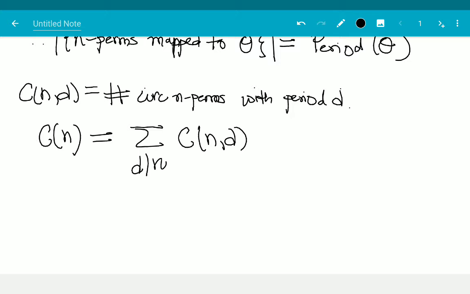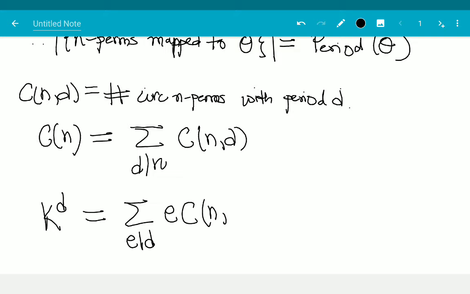Then there are E normal permutations that are getting mapped to a circular permutation C of length D, right? So every normal permutation gets mapped to some circular permutation, and E of them map to the same circular permutation of length E. So we get E times C and E is equal to k to the power D, which means, in particular,